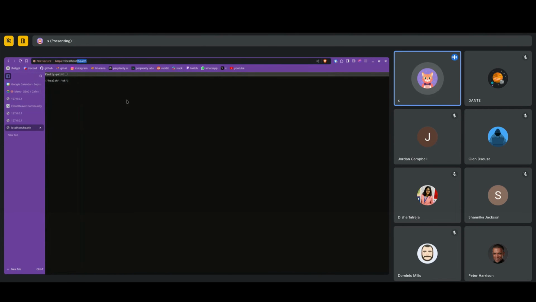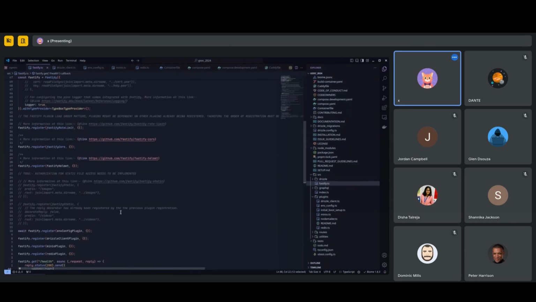Yeah, as you can see, it just disappeared because it is the default port, so the browser already knows where it has to connect. Anyway,